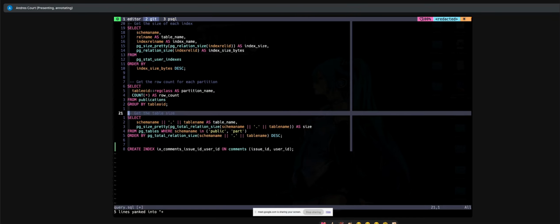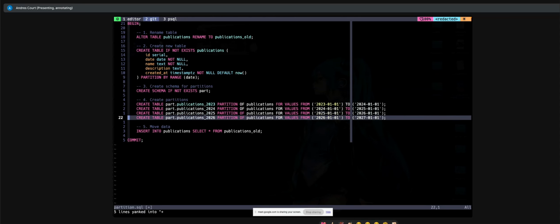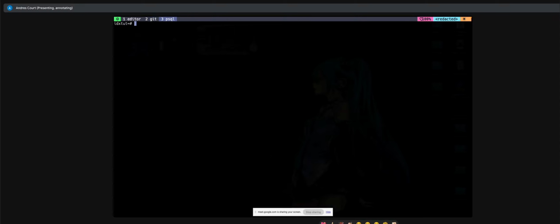You can create a default partition where all the data that doesn't fit on any partition table will go. I don't like that because it defeats the purpose of the partitions. So you can still start having data that's not on a specific table that you want to. So if I say I want to insert